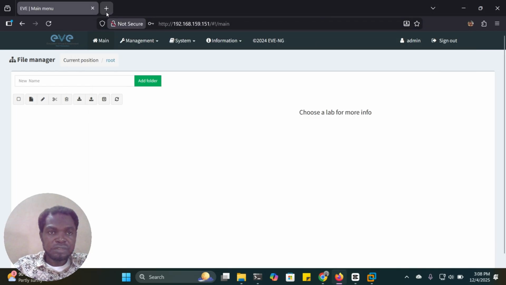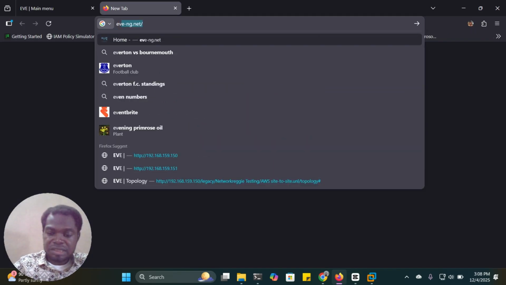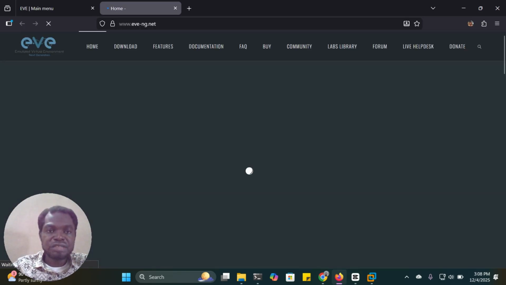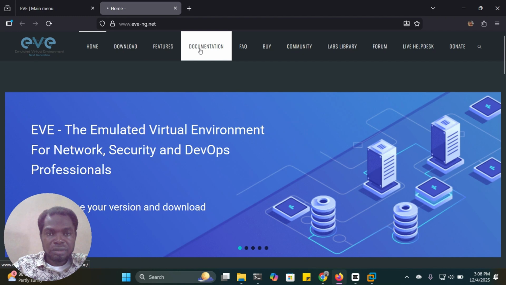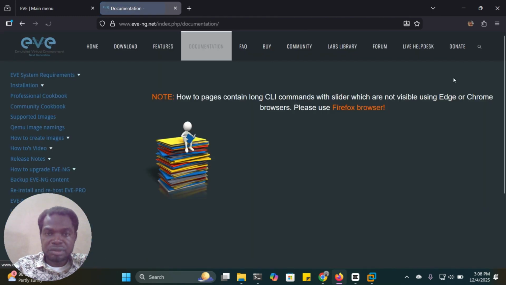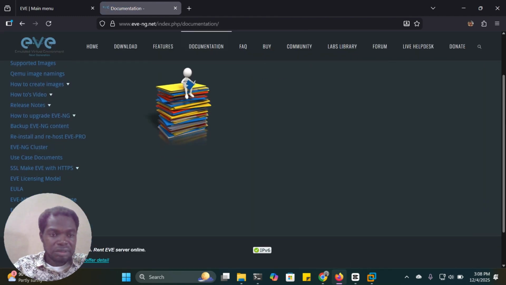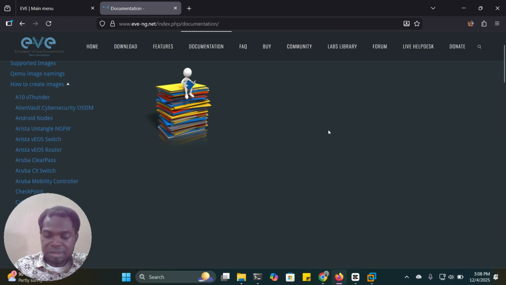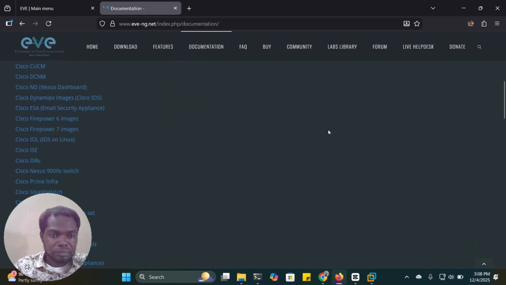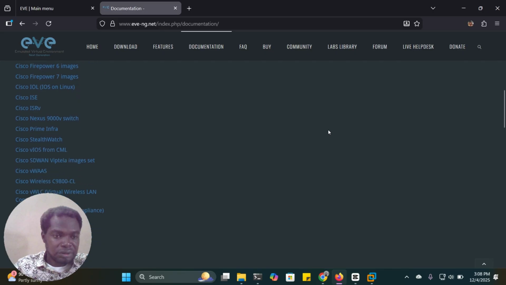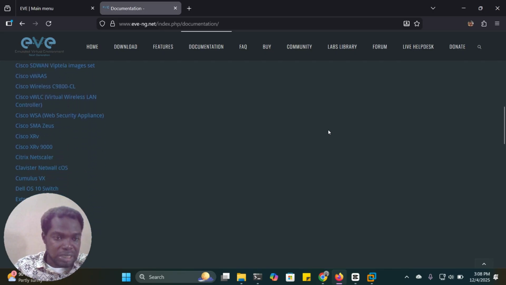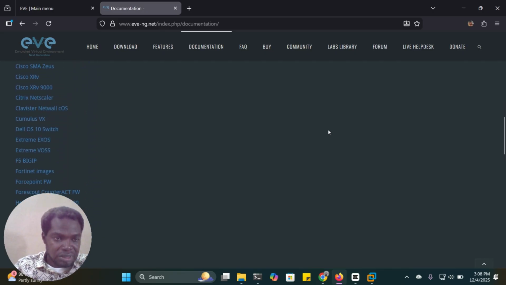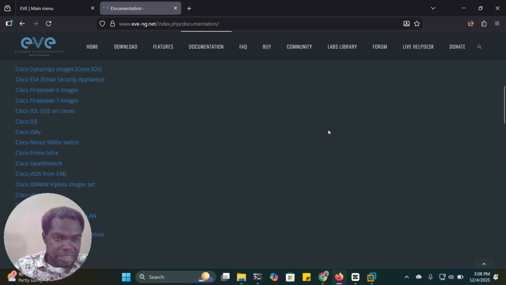Now let me open the EVE-NG documentation for you, because there are certain guidelines we need to follow. I'll click on documentation in EVE-NG, go to how to create images, and then go to Cisco IOL, because the IOL images are the lightweight ones. This is it, Cisco IOL.